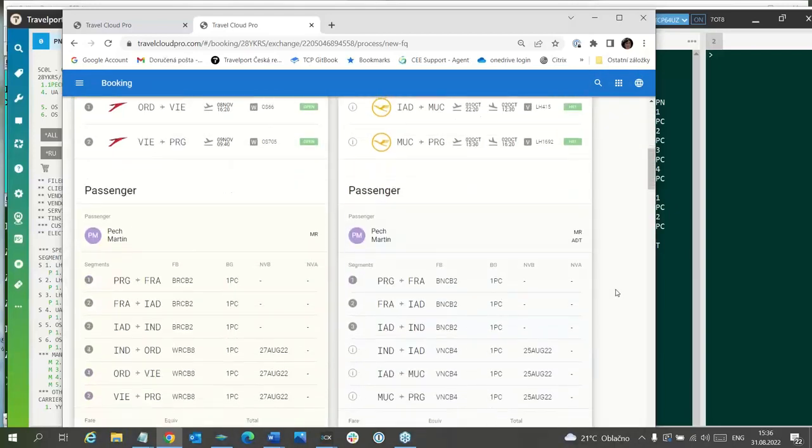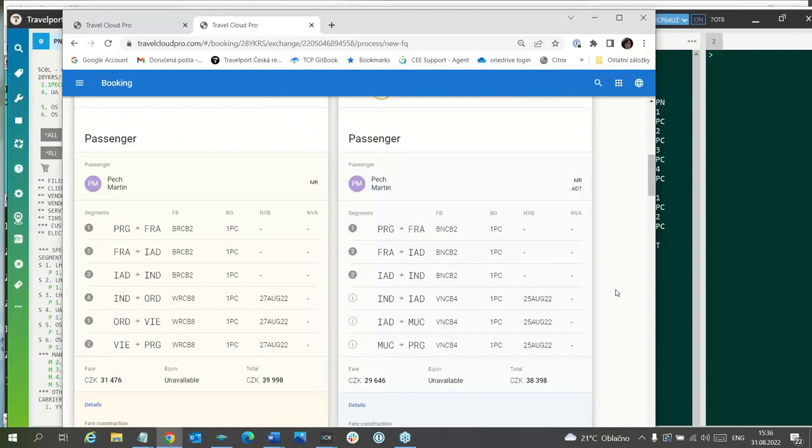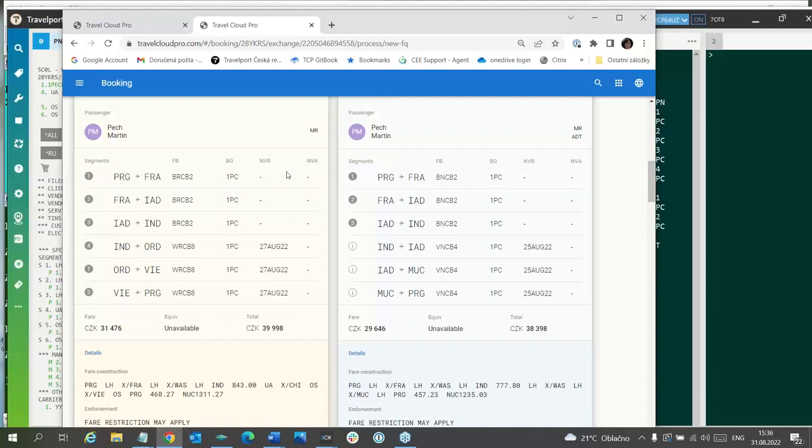And what is very important just now is to compare the original ticket, which is on the left side, and the new fare calculation. So you can see that it is one PC also here, but the fare basis is different.